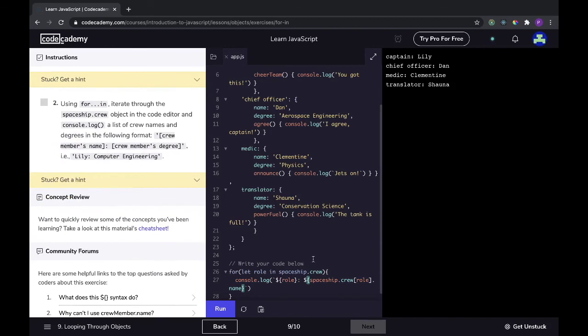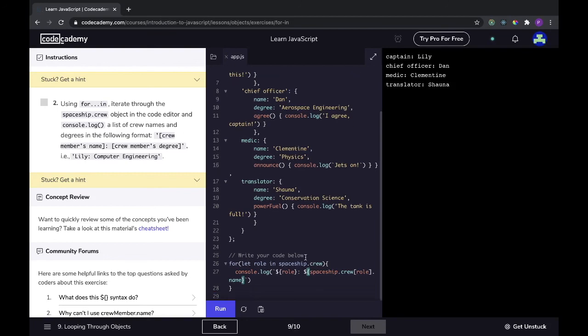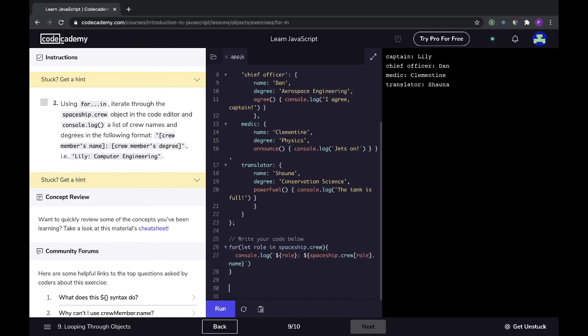Using for in, iterate through the spaceship.crew object in the code editor and console.log a list of the crew's names and degrees in the following format: crew member name, crew member's degree, i.e. Lily, computer engineering. Okay, we could do that as well. We saw how we get to the name, and we want to do the entire crew. So we have to do it the same way. So we're going to do spaceship.crew again. For let role in spaceship.crew